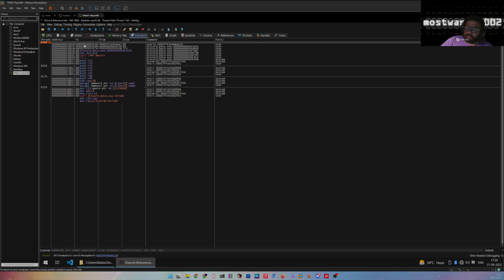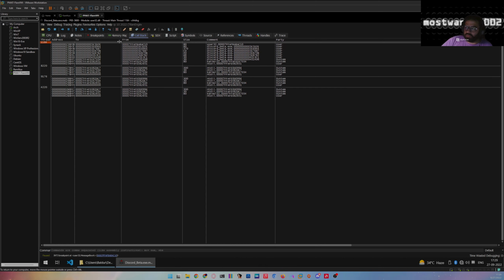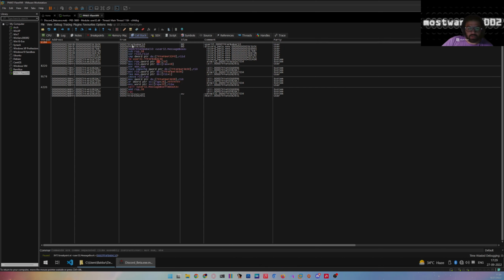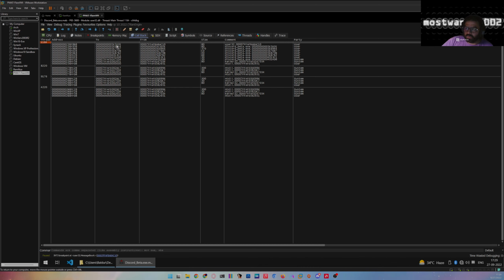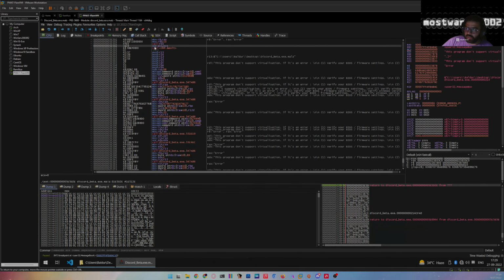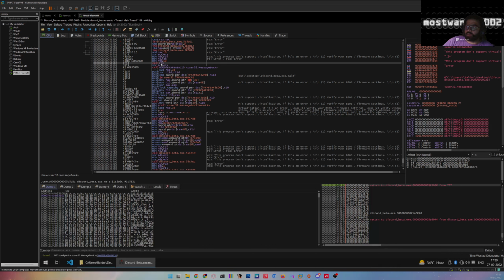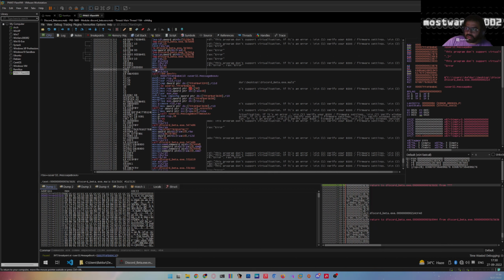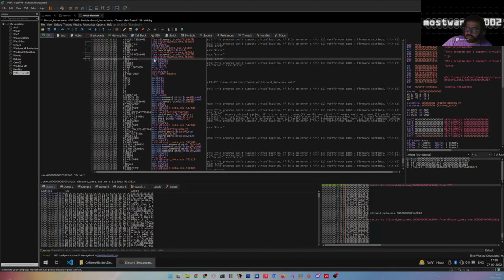the "to" is the address where the program will return after the execution of message box, and "from" is the place where it will return, where I think the return is or where the function starts. So we have to go back to "to." If we follow "to," we see it will return back here and it was called by this call rpx. So to reach here, if we trace back, call rpx is